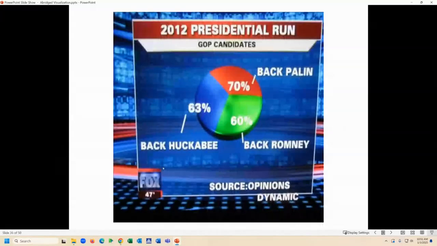Even worse than a just bad pie chart is a pie chart that doesn't make any sense at all. This was an actual pie chart from Fox News in 2012, and when the percentages don't add up to 100%, it's not clear. That's the only thing the pie chart does, is it tells you that things add up to 100%. And if that's an important piece of information, my suggestion would be put it in the title of the graph and just say shares,